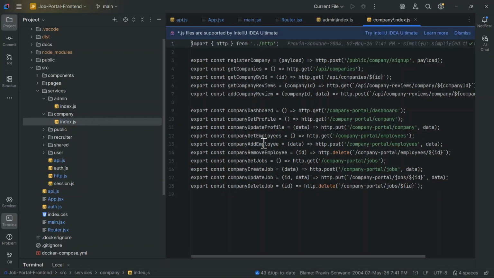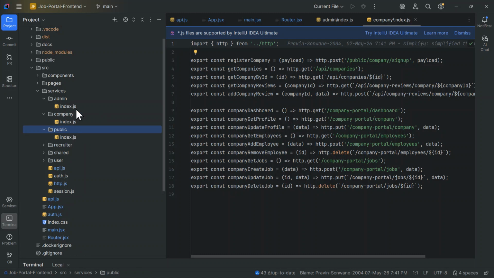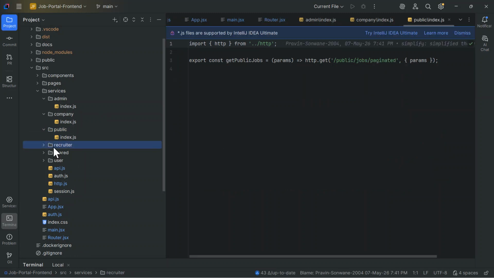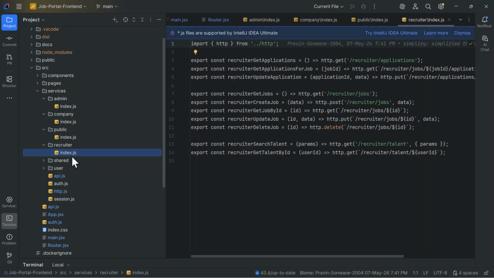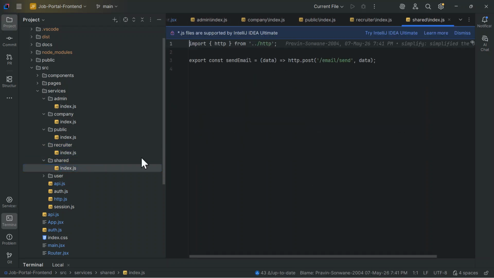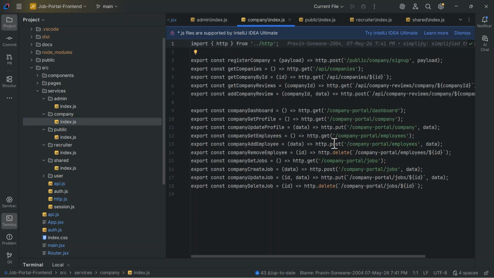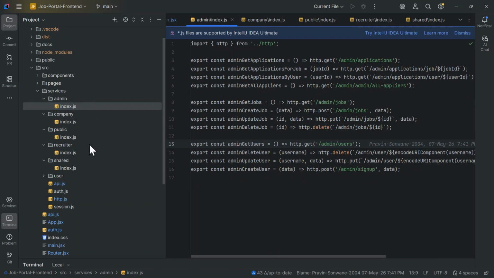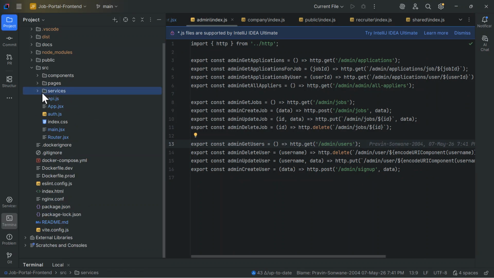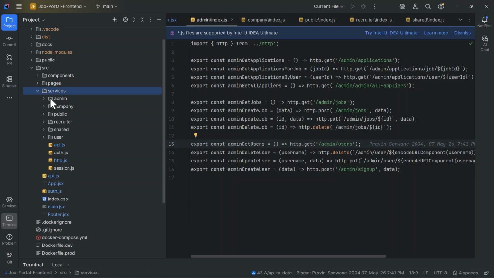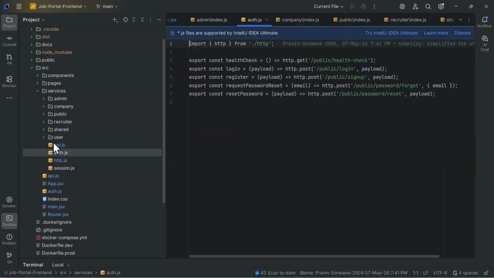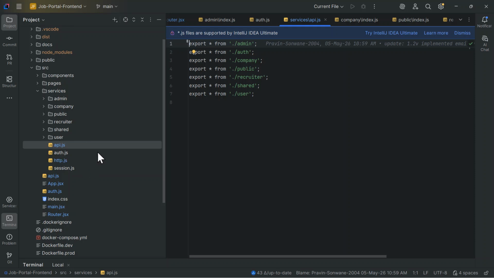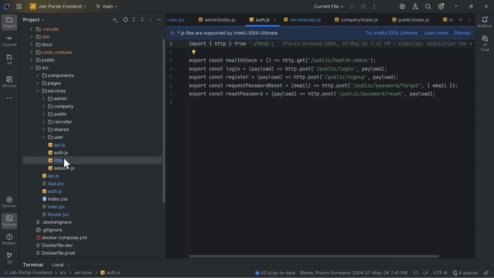This is companies.jsx and index.jsx, recruiter index.jsx. These are all service files, meaning I'm taking some data from the backend and serving it to the frontend. So in the service folder I have implemented these things. And here we can see api.js. It exports the admin from this service file. Okay, auth and